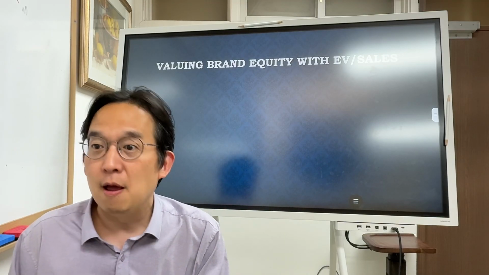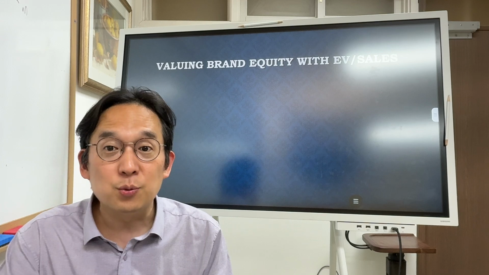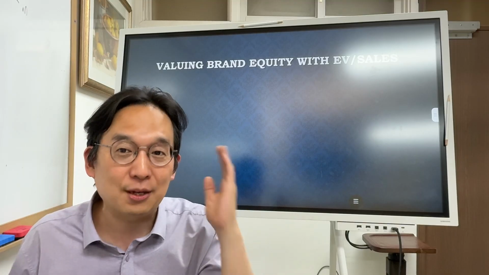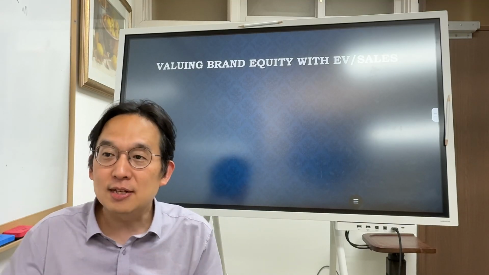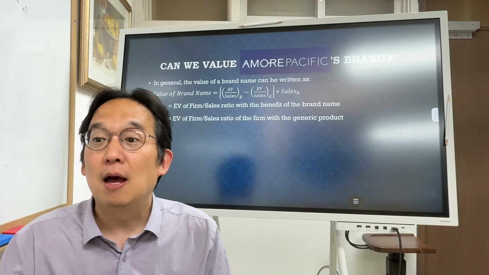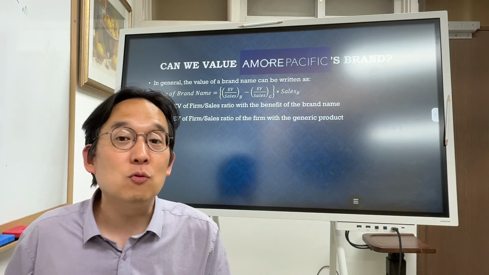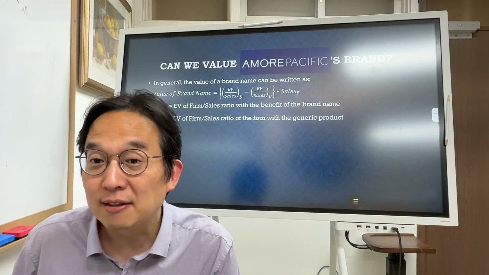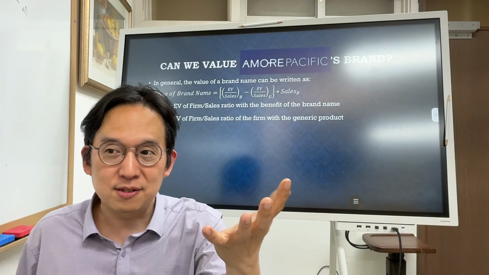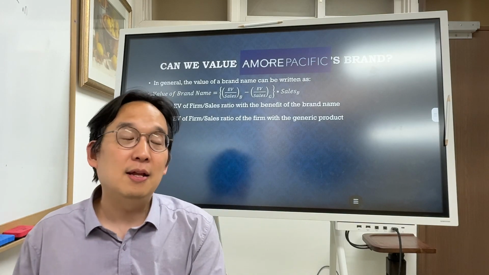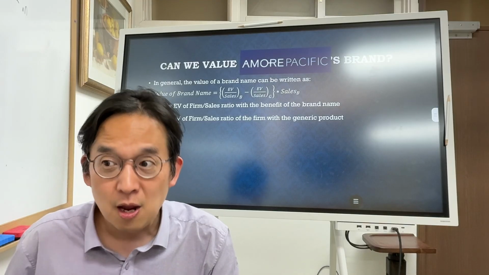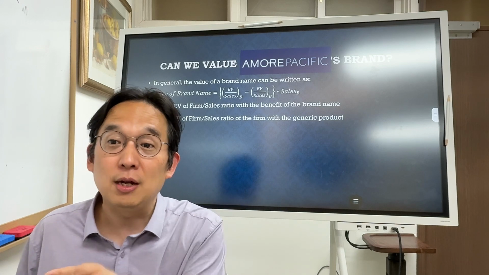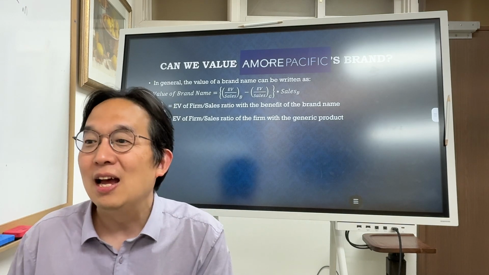Be consistent. Valuing brand equity with EV to sales ratio is the last step that I want you to go through. I'm going to ask you this question in your iCore project. Why? Because we can use EV to sales ratio to value your brand equity, which is directly connected to your marketing ideas. So that's what I like about this. The textbook author, Professor Damodaran, gives a wonderful example, and I just apply it to a company in Korea, the K-beauty company Amore Pacific.